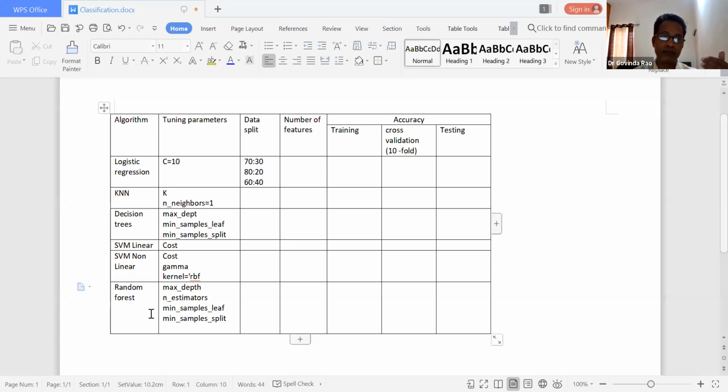But we could say that if we have vast data, obviously we can go directly to random forest classification, because random forest is an ensemble technique, so most of the time it will not overfit. If we have very limited data, like 300 data points or 200 or 250, then simply we can apply logistic regression or k-nearest neighbor.